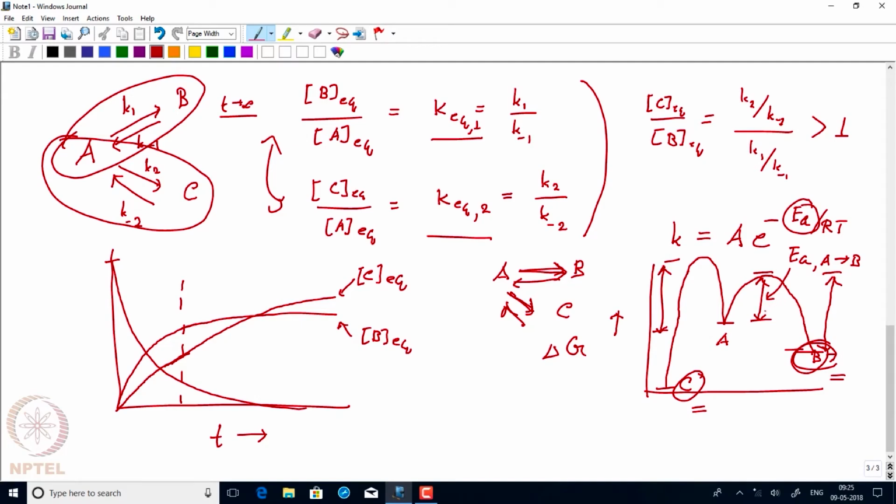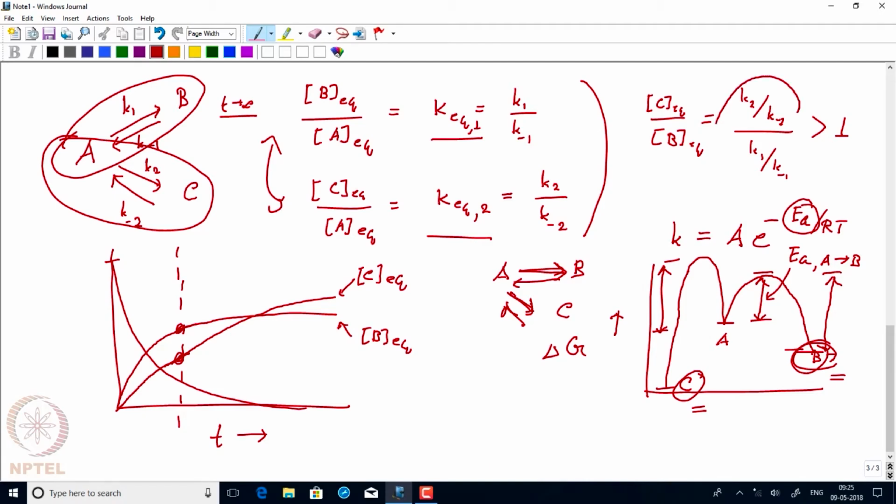In this case, the activation energy for going from A to B is smaller, so B will form more, as we can see up to this time, which is shown as the dotted line here. So B is actually lying higher than C. But as time progresses, the reverse reaction also takes place, and what happens ultimately at the end of the day,